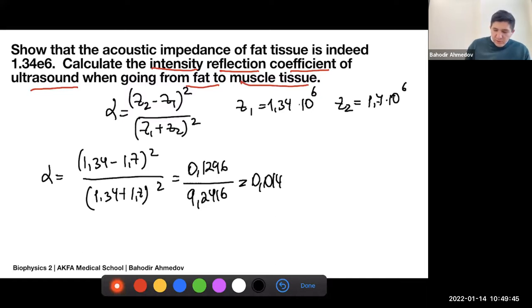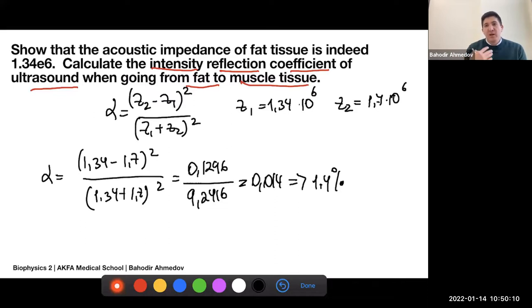So if you convert this into a percentage, it's going to be 1.4%. It means that only 1.4% of the signal is going to be reflected when it goes from the fat to the muscle tissue. Okay, so by understanding how much of the signal came back from different objects,